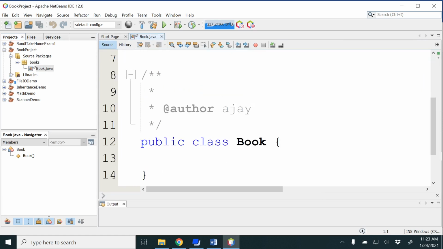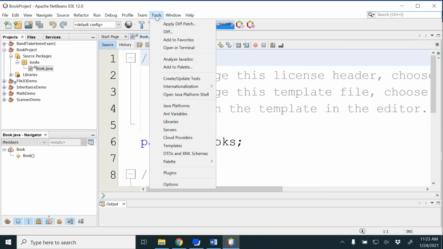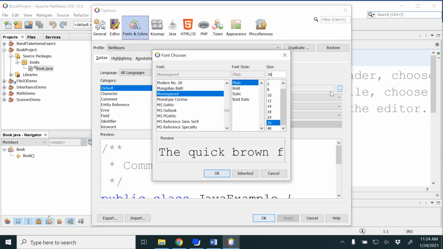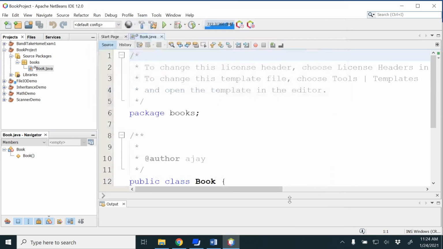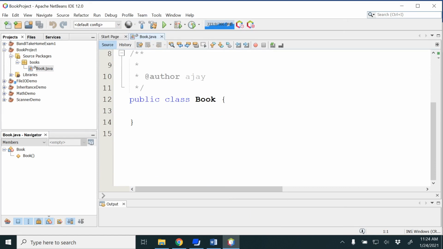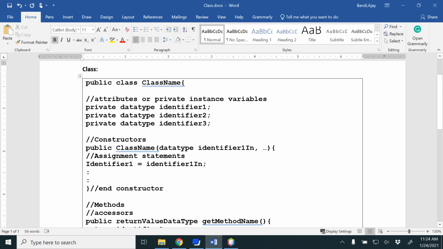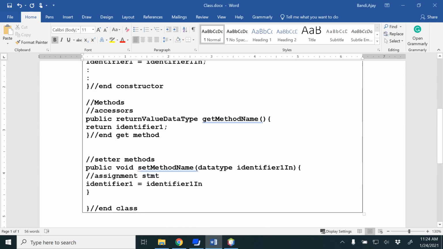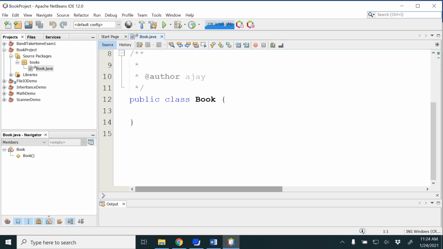Okay, so this is how you would be seeing this. Let me go to Tools and change the font a little bit. So you would be able to see public class Book and then open brace and closed brace, which is auto-generated in NetBeans. You already got the class name, open brace, and then the closed brace. So now what we have to do,